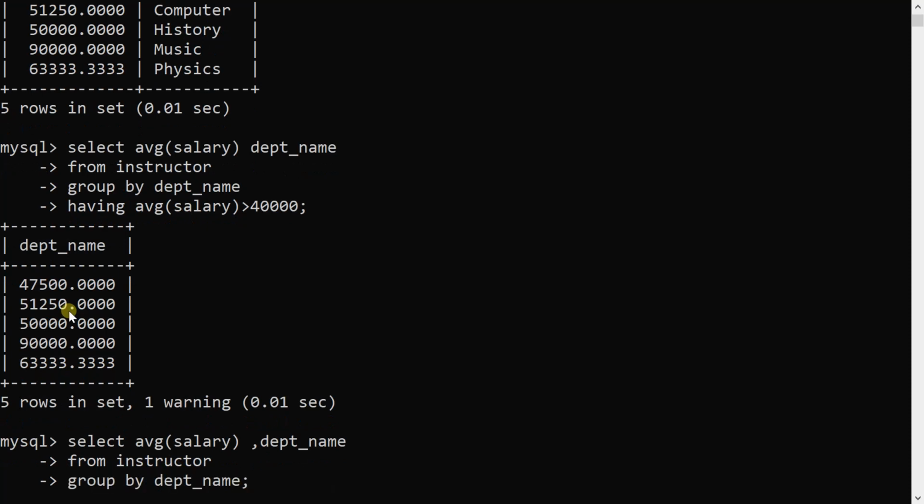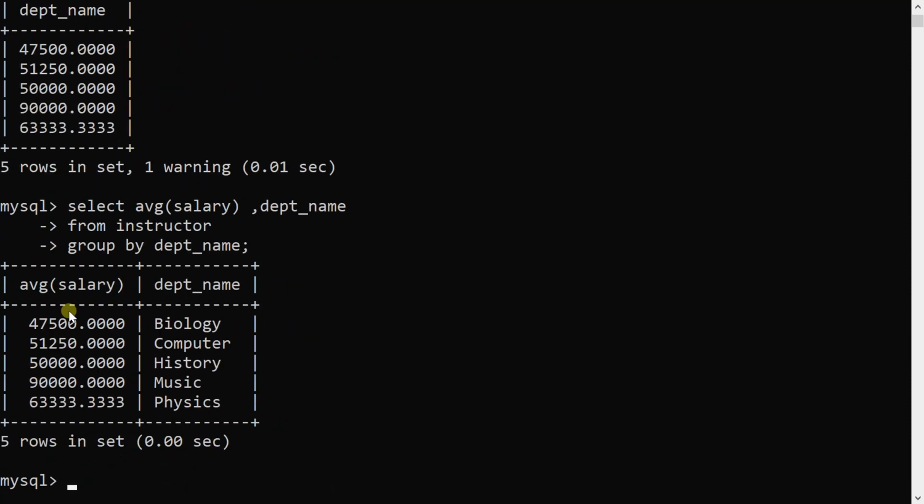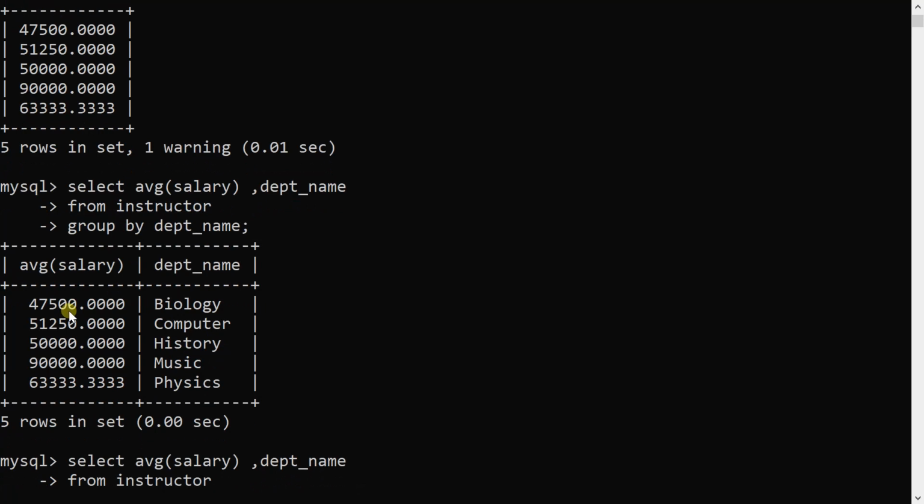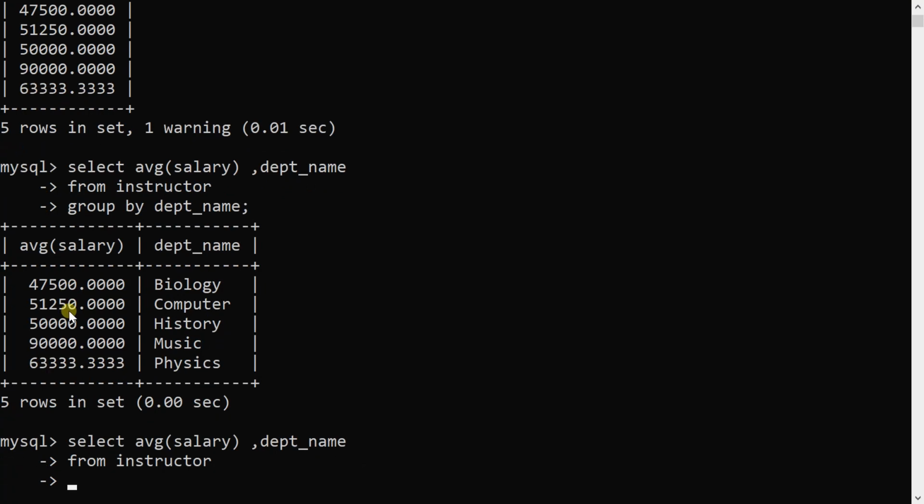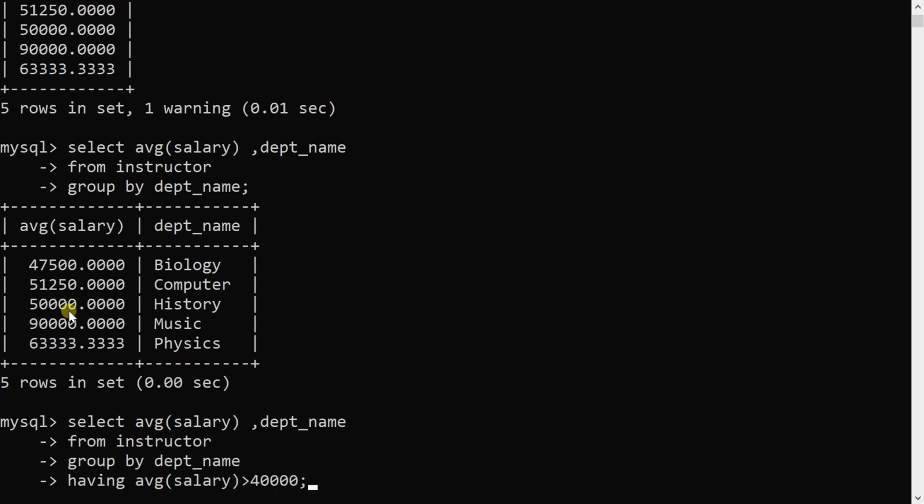Select average salary, department name, from instructor, group by department name, and the having condition.